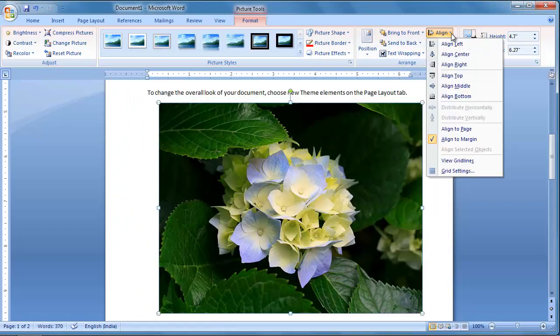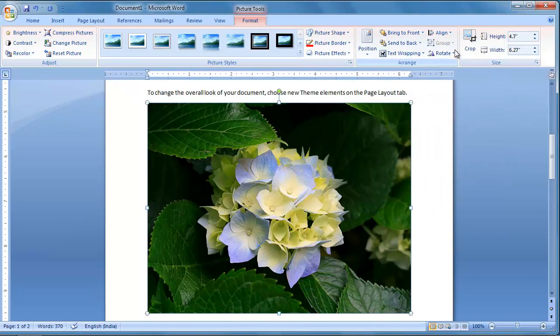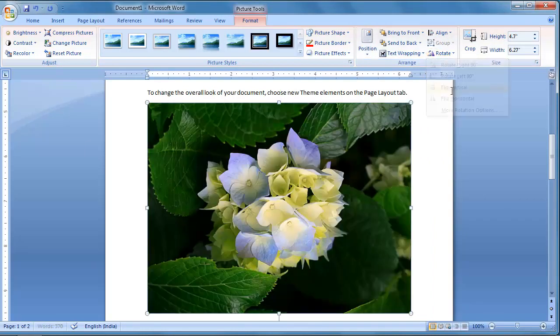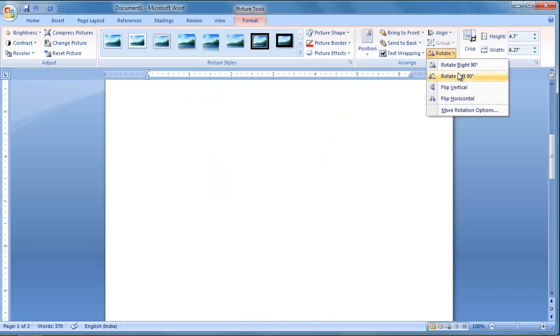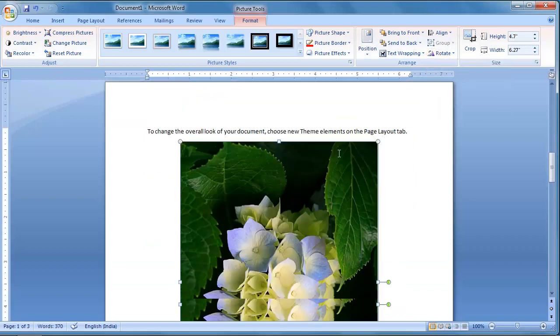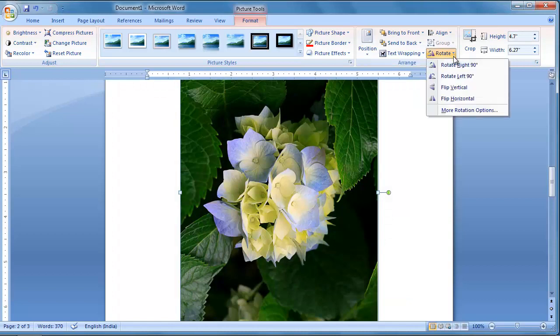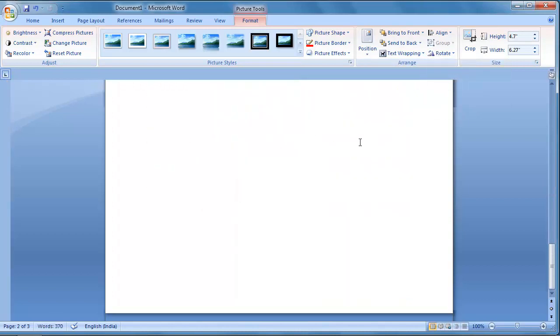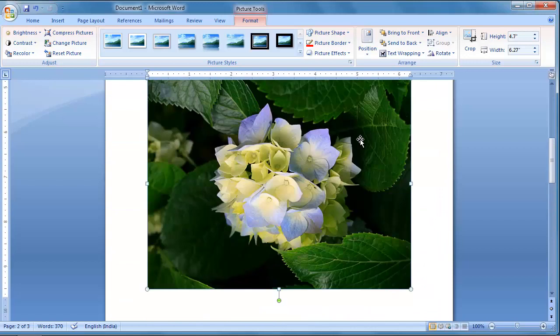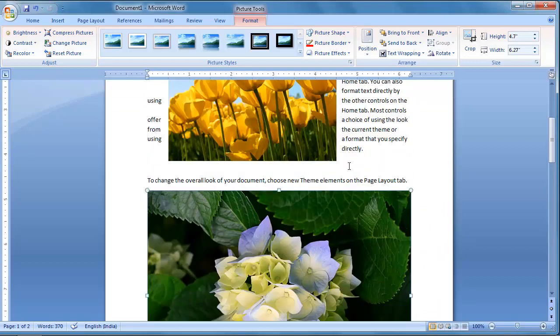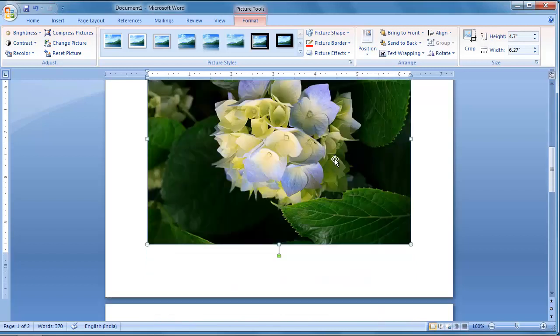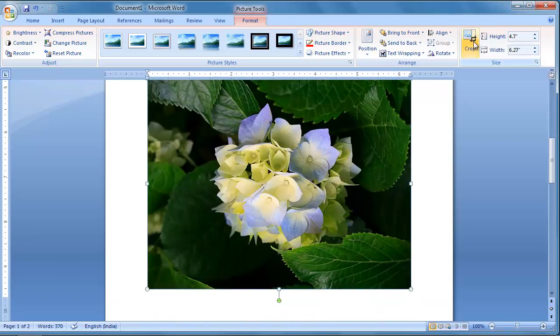Okay. Alignment is similar to position. Left, center, right. Okay. Rotate. If you want to rotate the picture, in whichever direction you want, you can rotate the picture. When we are rotating, the picture will move between pages. You scroll with the mouse and identify in which page our picture has moved. Crop the picture.